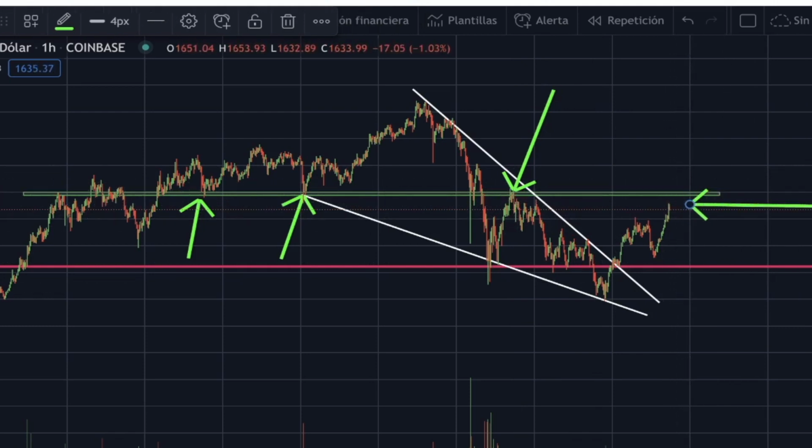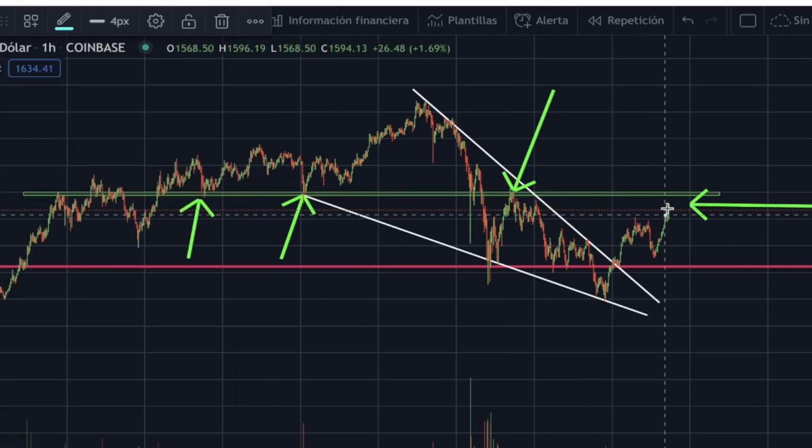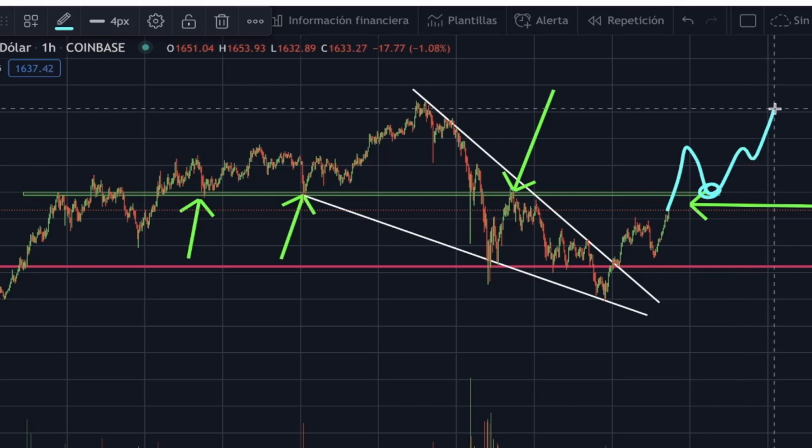Once we get above it, it is going to be a great trading opportunity for the short term. We might just break out from the resistance, come back down and retest it. Great to place a buy order to come and do a double top or try and continue to make a